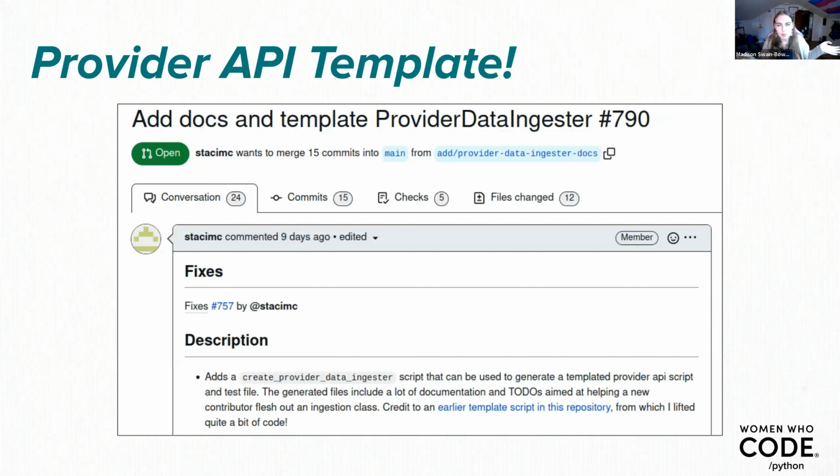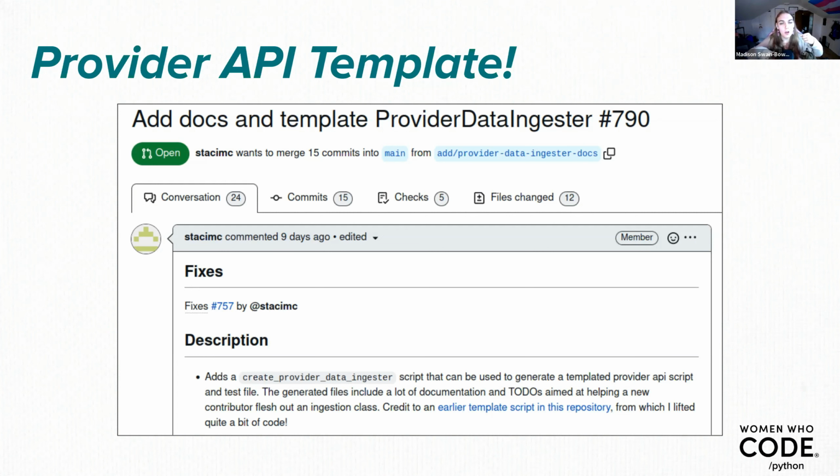And then I had talked about the Cleveland Museum provider and whatnot. We have in the works this great provider API template, and this is for adding new providers to the Openverse catalog.